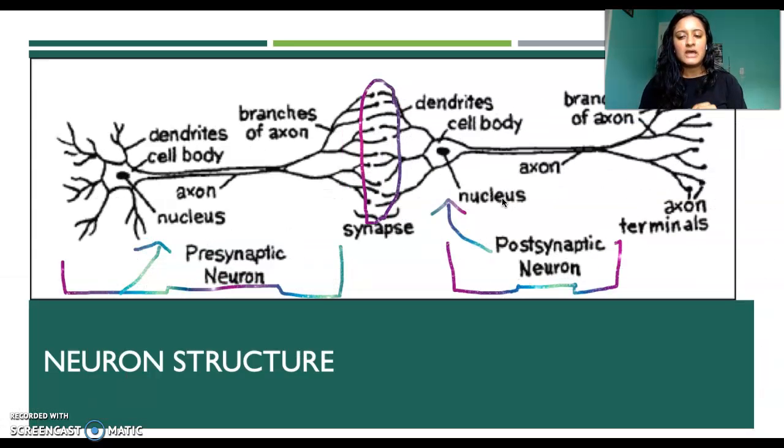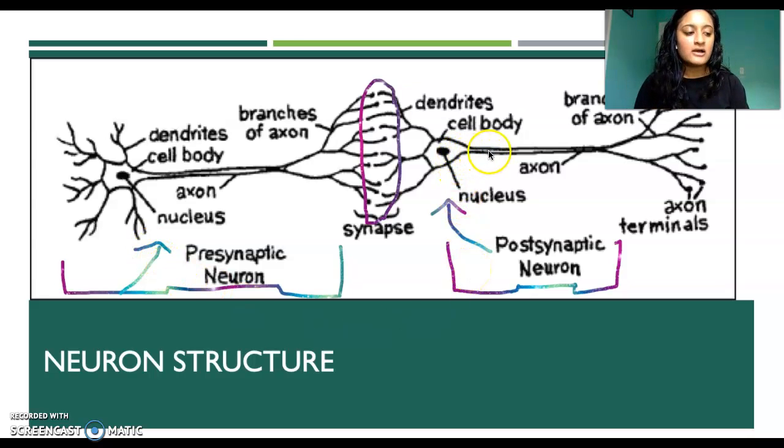So now we'll talk a little bit about the neuron structure. We've come to a conclusion that neurons need to talk to each other. And when they don't talk to each other, that's when you have faulty communication, and that's when depression can arise. Each neuron has a cell body that contains structures that cells need to thrive. Stretching out of the cell body are short branch-like fibers called dendrites, which are seen right here. Also, this is the presynaptic neuron, and this is the postsynaptic neuron.